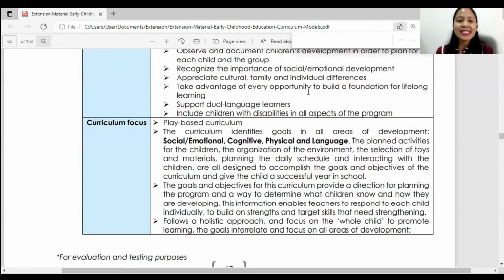Next, and this is the last in the list, include children with disabilities in all aspects of the program. This promotes inclusive education, not exclusive education. We are all aware that children are unique, right? And some of them might have special needs. Some of them might have